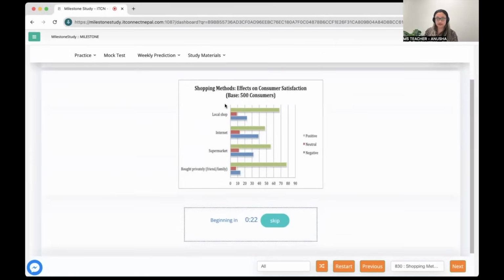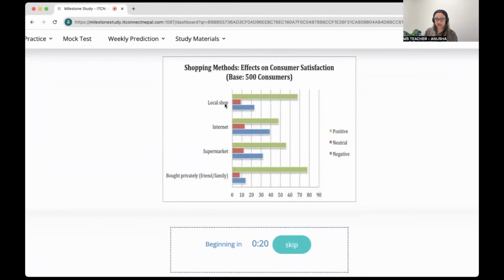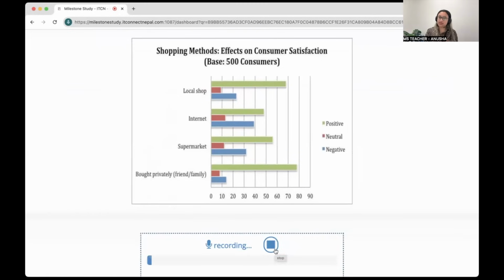Shopping methods, effects on consumer satisfaction. There are 500 consumers, so the research is on 500 consumers. It shows that bought privately, they are more satisfied. Local shop, more satisfied. If they buy negative, is less. The picture represents shopping methods like local shop, internet, supermarket, and buying privately, like from a friend